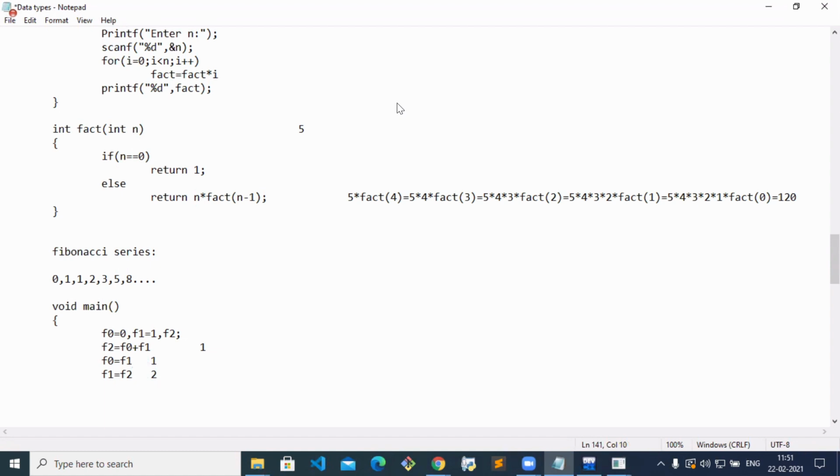1 plus 2. How will you repeat this? For this, we'll write the for loop. Whatever range you want: for I is equal to 0, I less than n, I plus plus. Up to n number of digits, it will give you the solution.